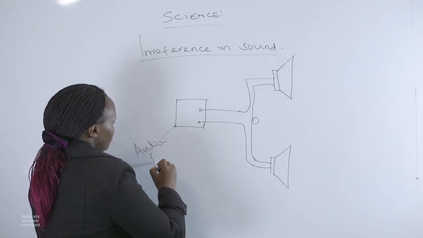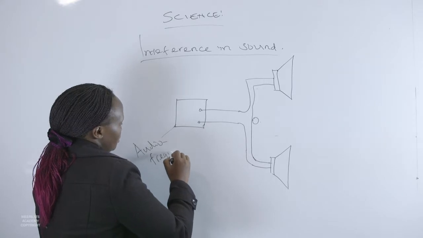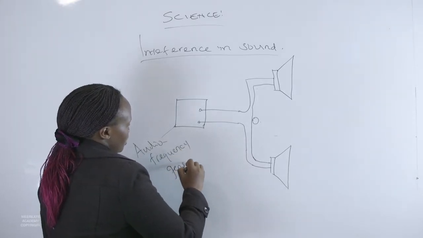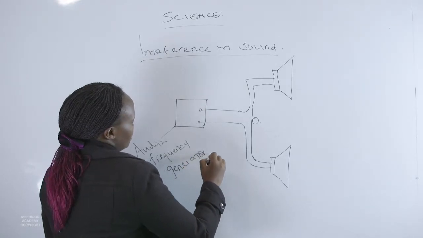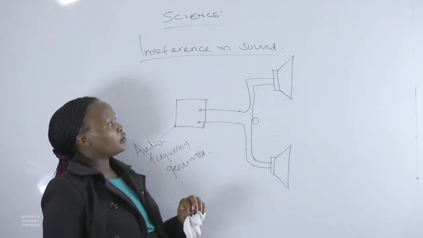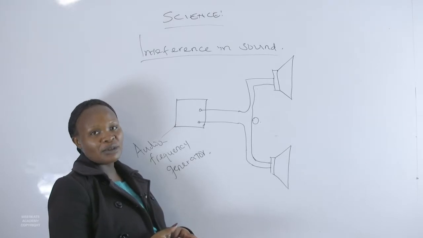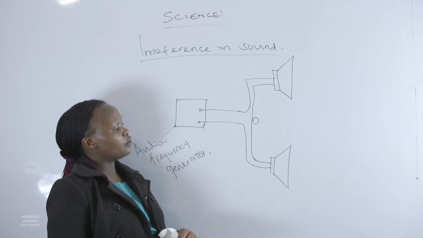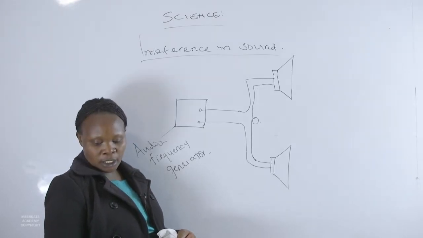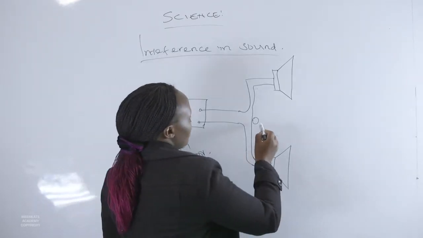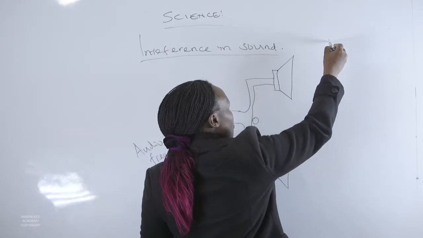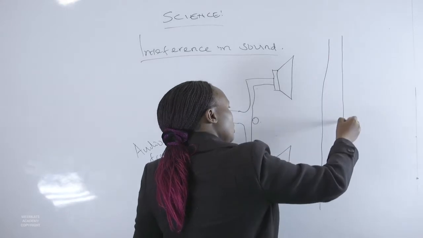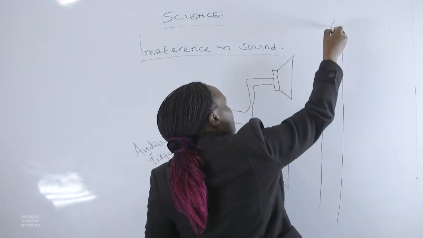Our audio frequency generator is going to work as the source of disturbance. Now, remember we said that a wave is actually a transfer of energy in form of disturbance. Now, we will expect that if you were to walk along a line XY